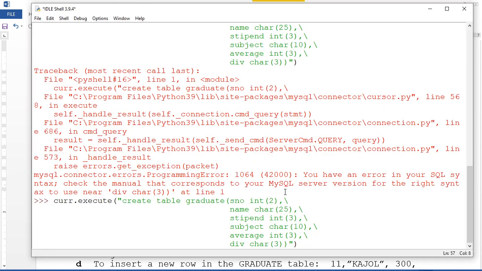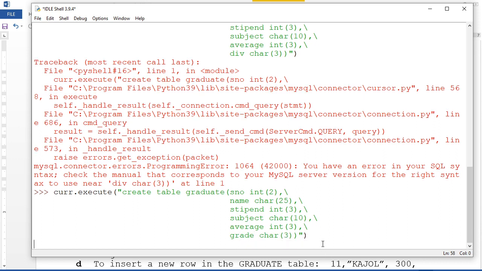Okay, so I am going to write grade here. Grade. Okay, char 3. Okay, done. So here you see the create table command being executed, and now we are going to have a table by the name graduate. Done.